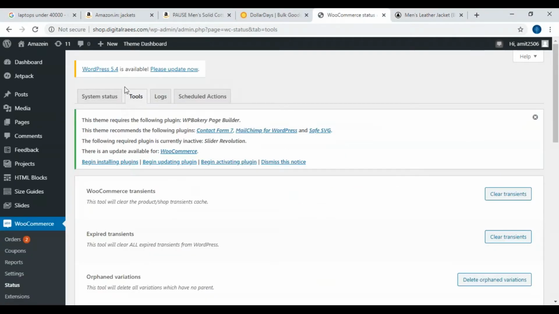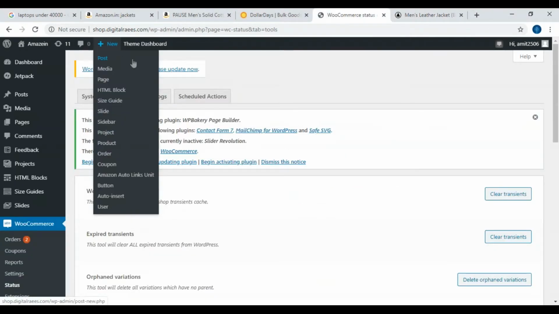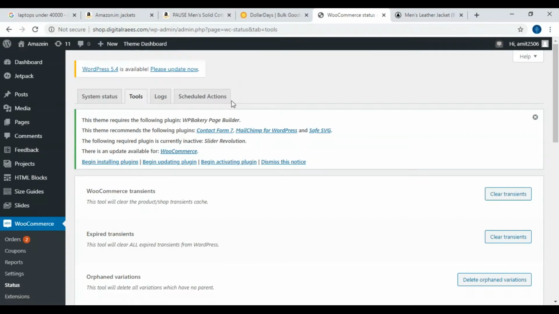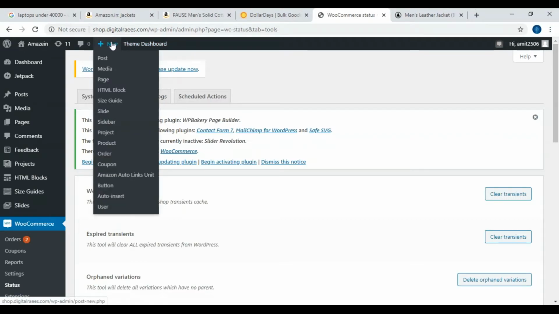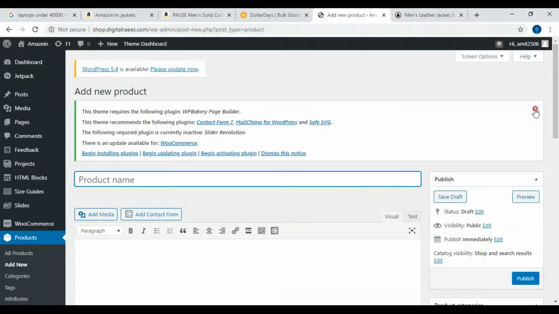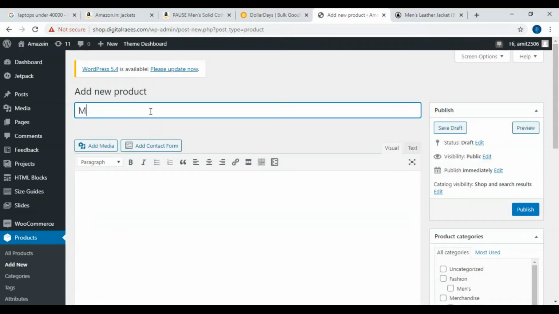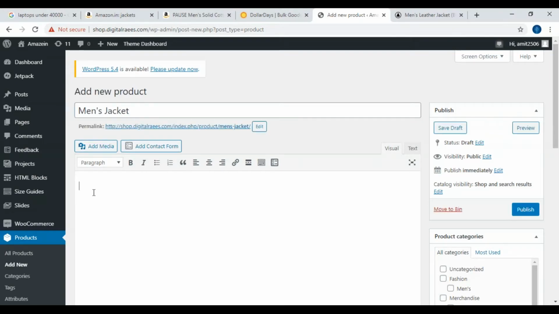For adding a product, you can hover your mouse here. You don't have to click here, because if you click, by default it is going to create a post. So I bring my mouse to New, and then click on Product. First you have to give the name of the product, Men's jacket. This first description is your complete description about the product.